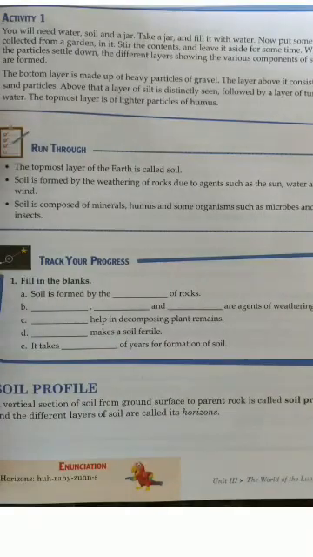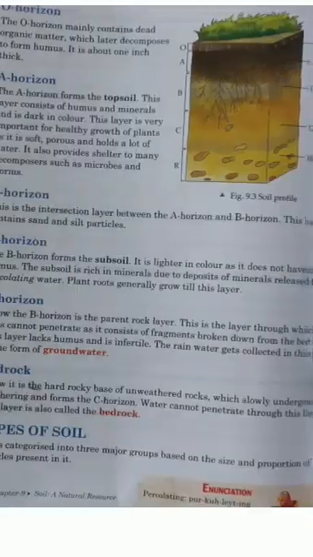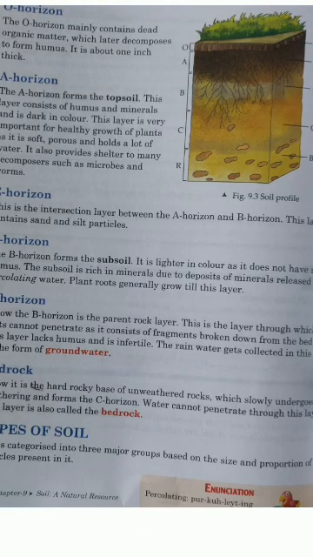Now moving on, a very important topic comes, that is the soil profile. Before that, we have to understand the meaning of horizon. If you see the soil vertically, it is divided into multiple layers, and individually those layers are called horizons. Starting from the top, we have the O horizon, A horizon, then B horizon, then E horizon, then C horizon, and bedrock. Each layer is called a horizon, and altogether, all these horizons are called a soil profile.